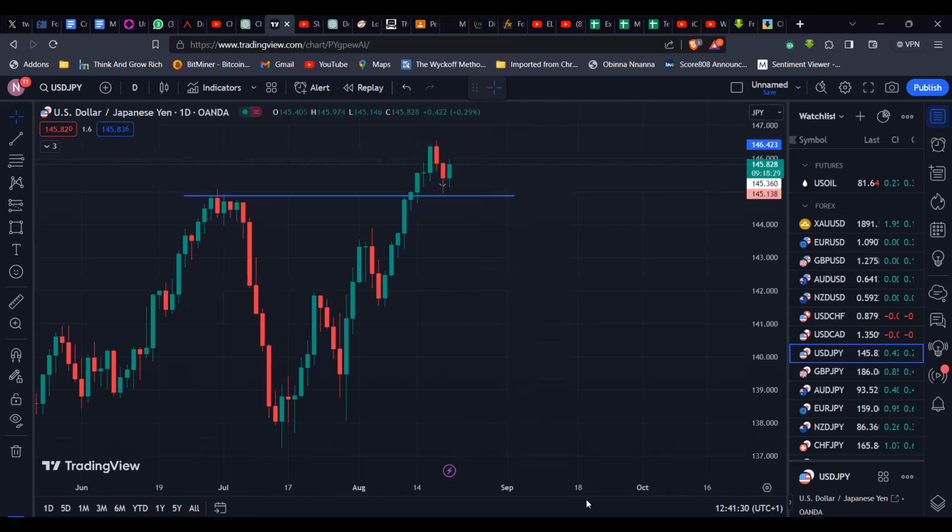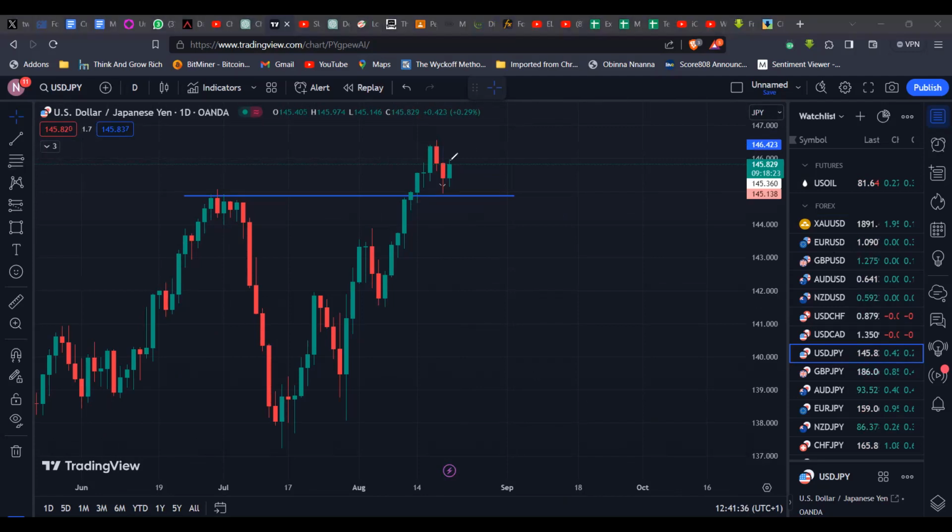I understand that price could drop. Now, if the dollar gets weak, it may or may not affect it, because the yen and the dollar kind of do their own thing. But it's not out of place. If the dollar gets very weak, we could see this drop down. But even if it does drop down, I will not try to sell it because I'm only interested in buying this thing.